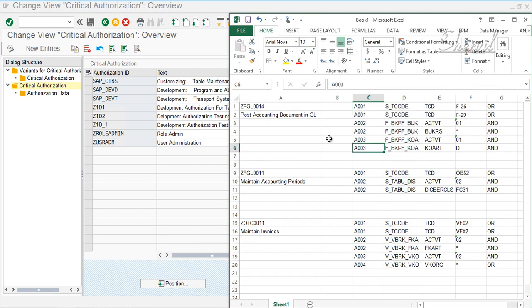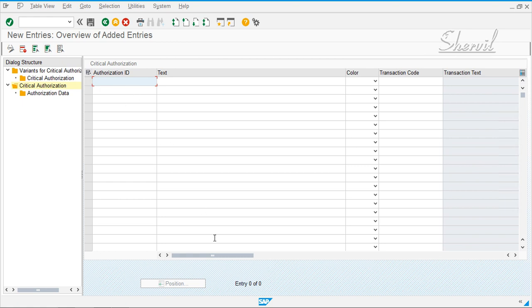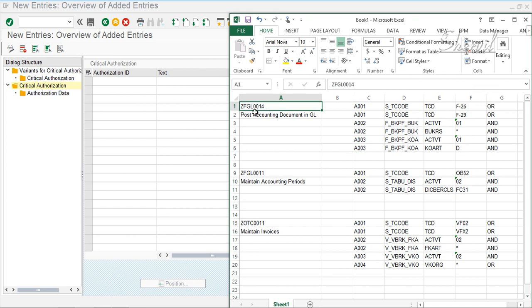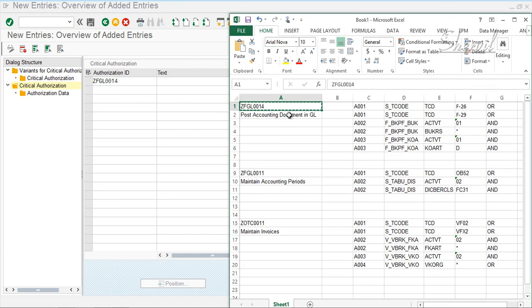Every critical authorization has an authorization ID, so you need to create the critical authorizations in an authorization ID. Click on New Entries. Let's create the authorization IDs as we have, and give a description.